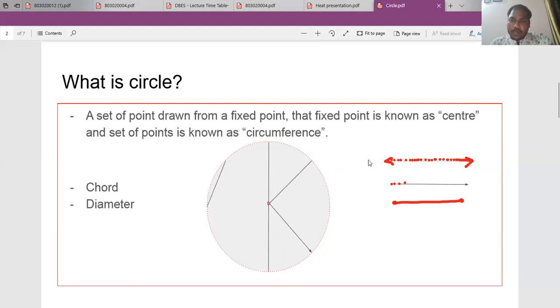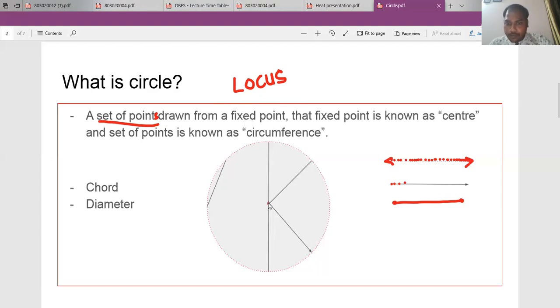If we talk about a set of points, just keep in mind the words set of points. The set of points is also known as the word locus. So don't get confused. If you see the word locus, the meaning is a set of points only. So if we want to define the circle, we can say that it is a set of points drawn from